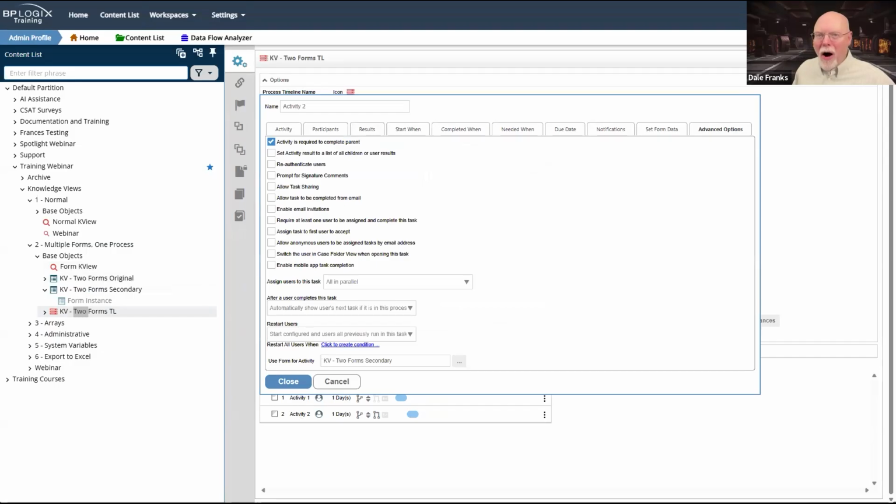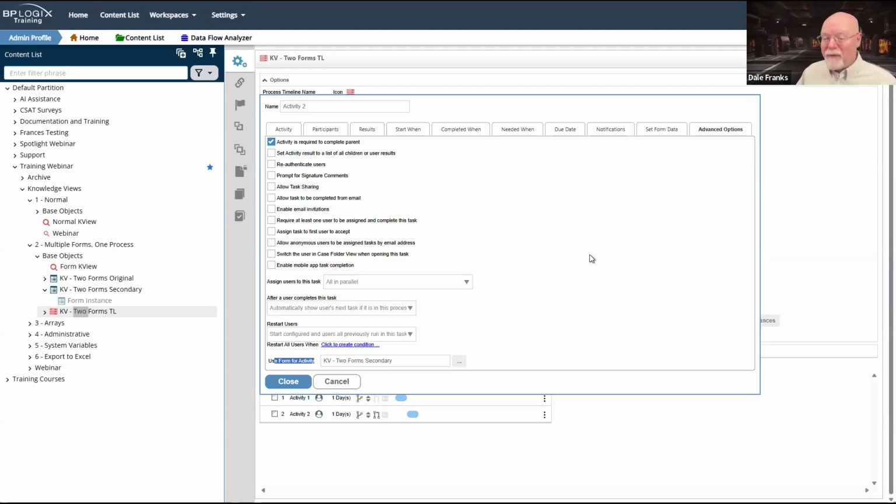So on activity 2, I have set use form for activity. Normally what I would do, but apparently I was a little lazy, is throw in a form actions activity, and I would set form 2 as the default form for the activity. I didn't do that in this case.